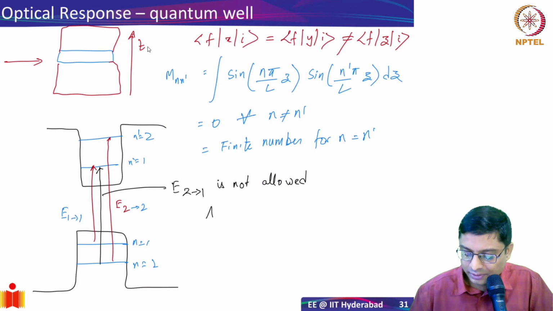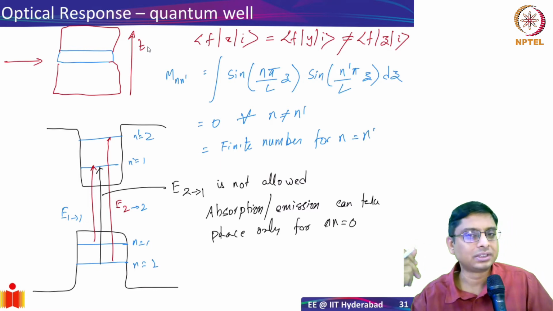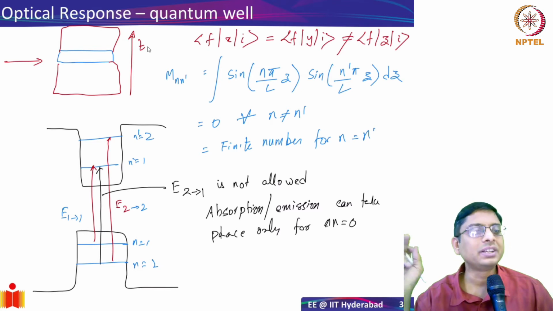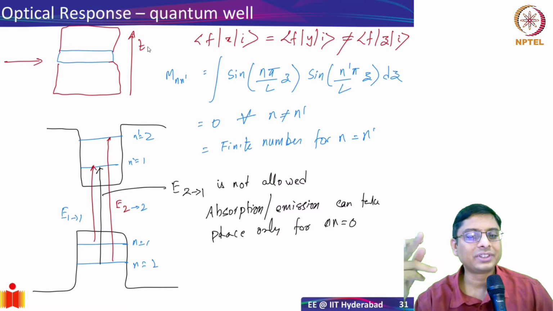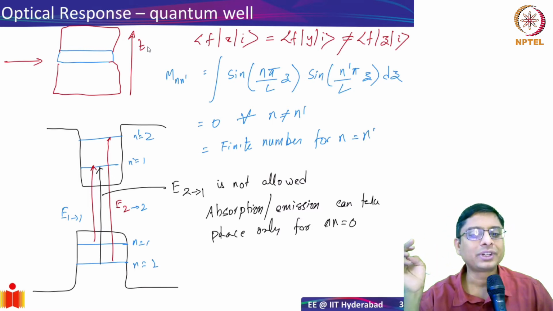So absorption or emission can take place only for delta n equal to 0. The change in the quantum number from the valence to conduction band can only be 0. It has to occur between the states which have the same quantum level. All right. So this is an important observation, because in principle I can compute,